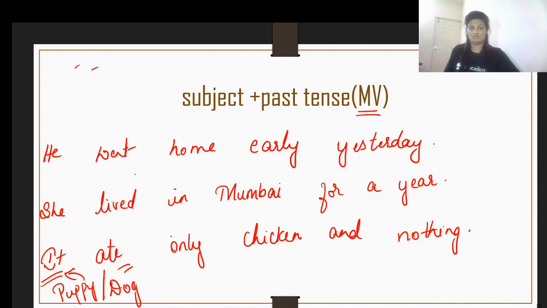So now let us move on again. Okay, before I proceed, let me recall the sentence structure. Subject. Soon after the subject, you have the past tense. So mainly, this is the usage of simple past. It is used to refer to a completed action in the past.